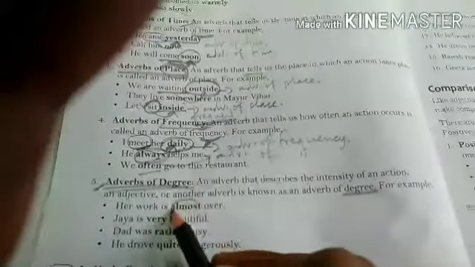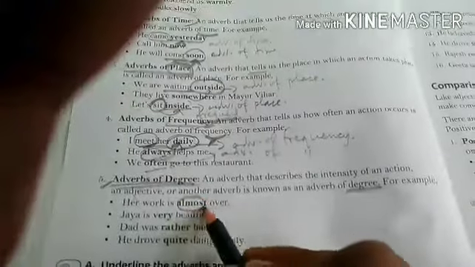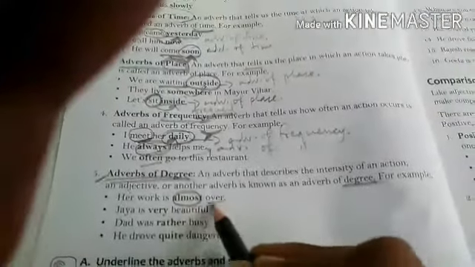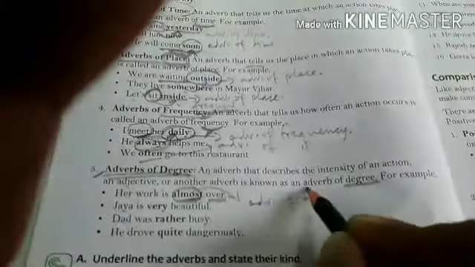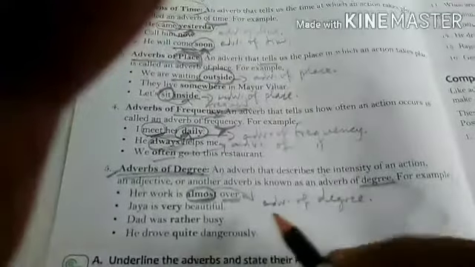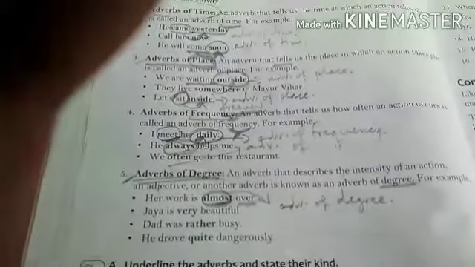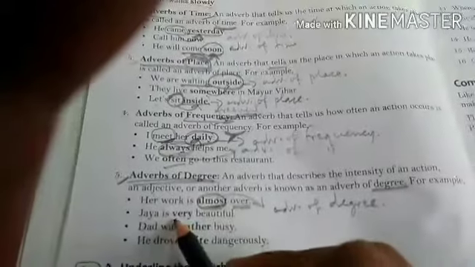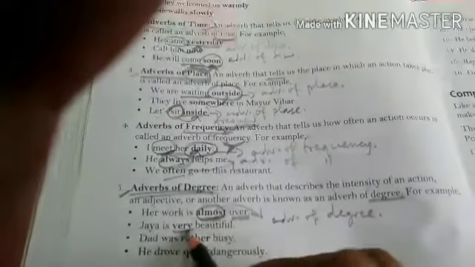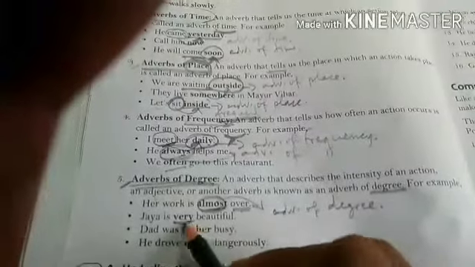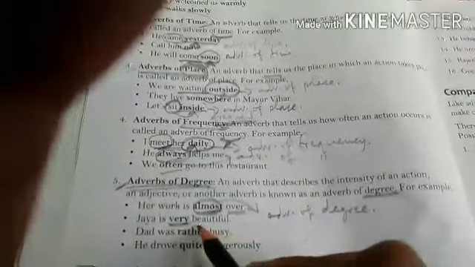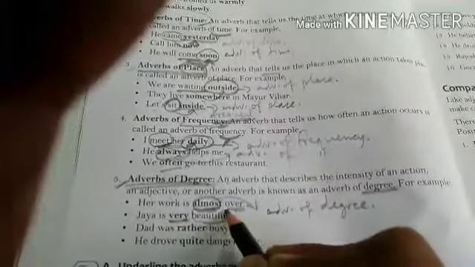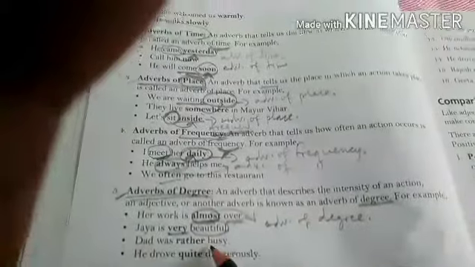So here almost is the word that tells us about the intensity of action. Okay, over, but how much over? Almost over, nearly finished. So this is the adverb of degree. Okay, adverb of degree. So adverbs of degree हमें how much of the action के बारे में बताते हैं. Okay, और वो हमें एडजेक्टिव्स के बारे में बताते हैं या तो वो हमें दूसरे एडवर्ब के बारे में बताते